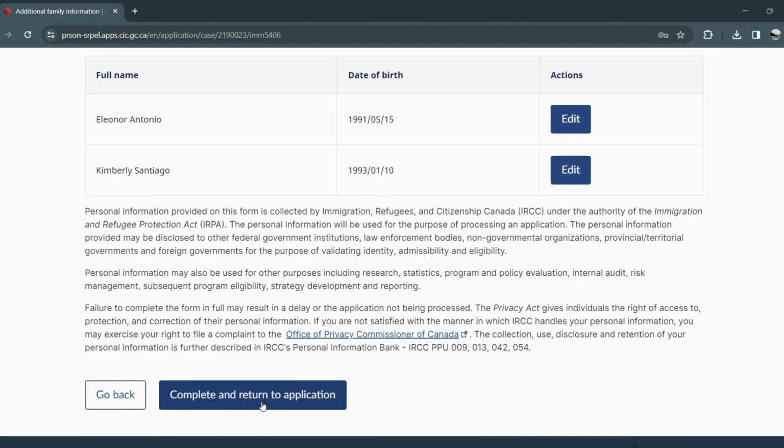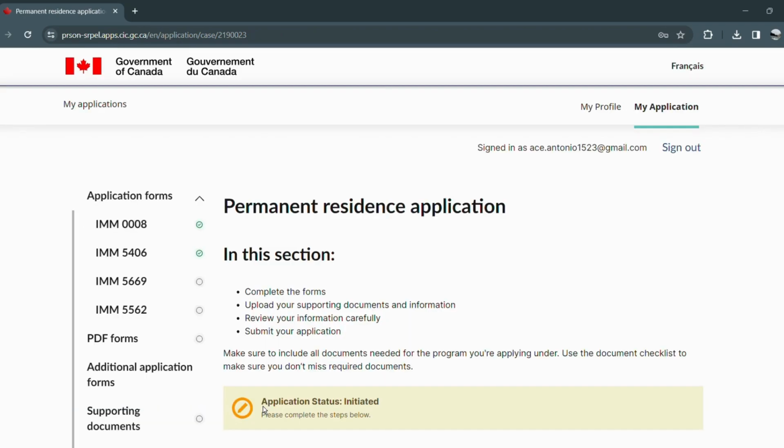Once you filled out all the information, just complete and return to application. It will show you here that you completed all the details. It will appear as a green check if you're done with that form itself. So yeah, now we move on to the next form,